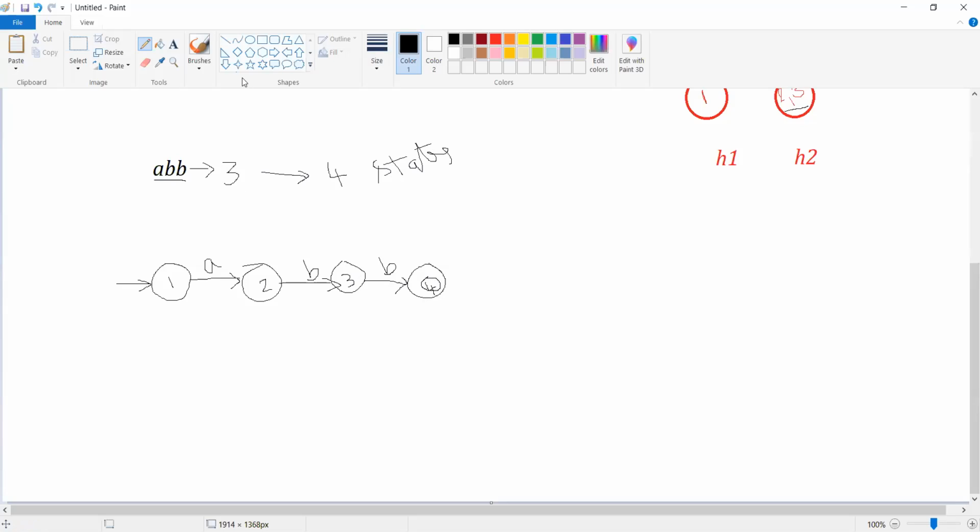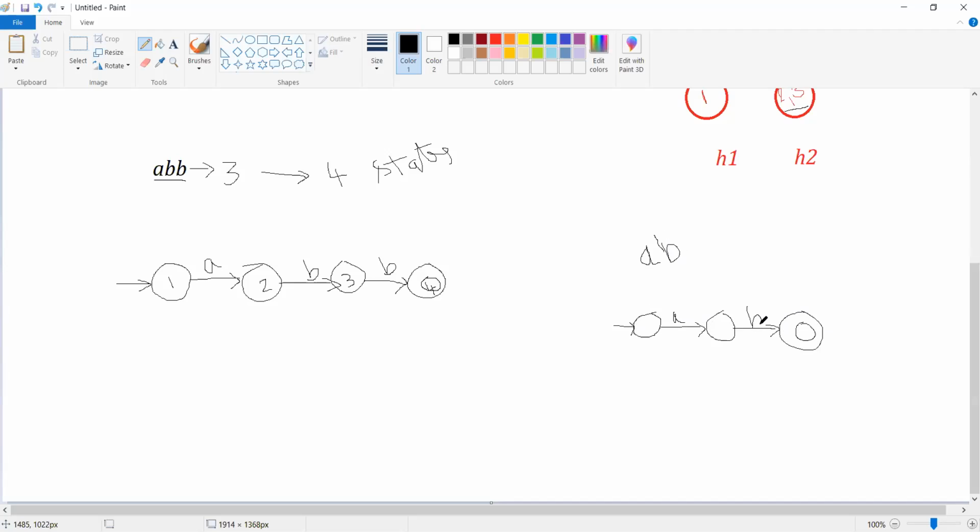Now let us observe one more string. For example, I am going to make use of a string called AB. In order to accept this string, I design my automata like this. The initial state, then this transition is for accepting A, and this transition is for accepting B. Now this is going to be my final state.